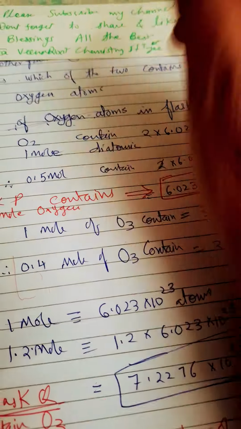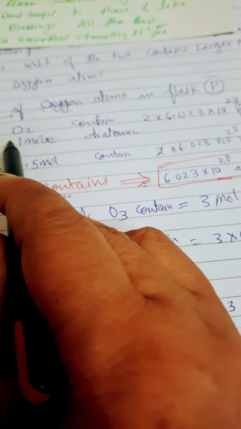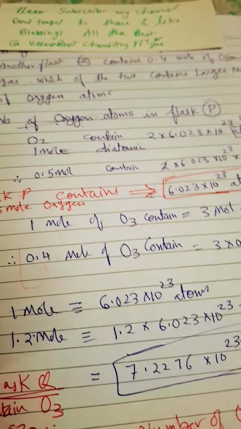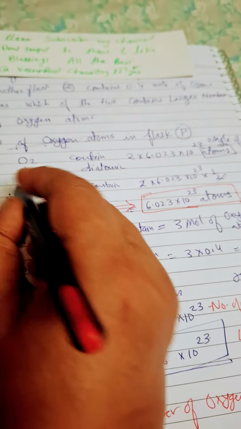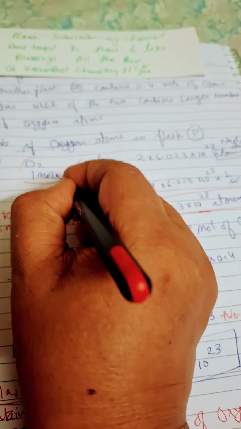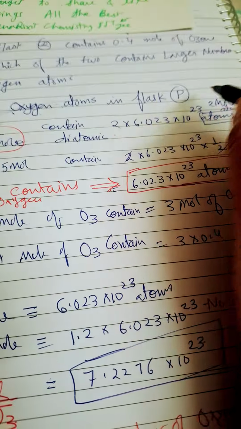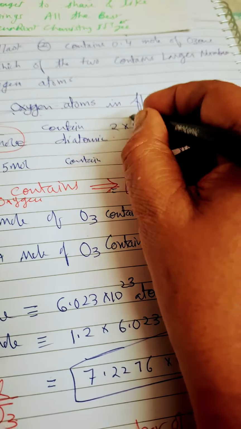Help each other here. Number of oxygen atoms in flask P, 0.5 mole of oxygen. So for that, how do we do it? For flask P, first you should know that oxygen is diatomic. So the number of atoms they are asking will be equal to